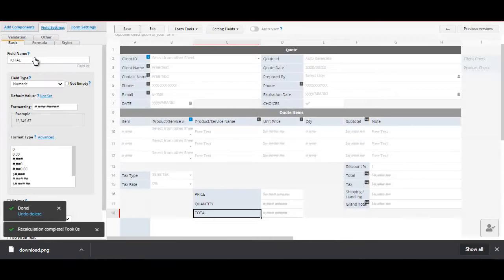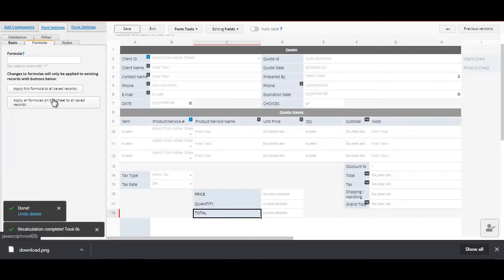Price times quantity, right? Price plus quantity or price times quantity? Okay. So before we do this, it's a very easy step. So put your cursor here on the total and then go to the formula. So as the title goes,